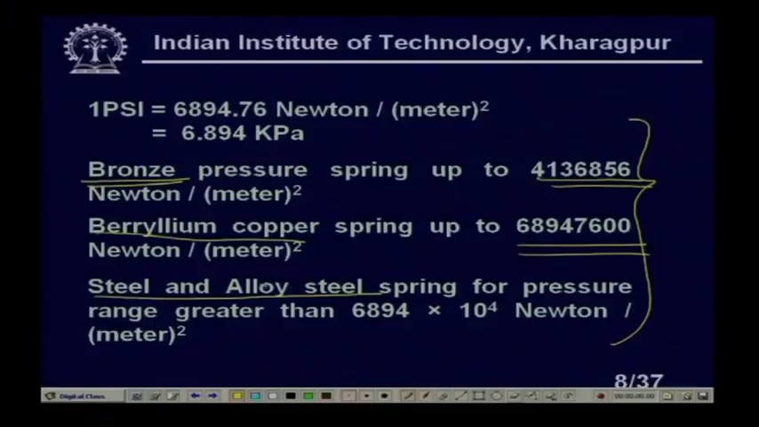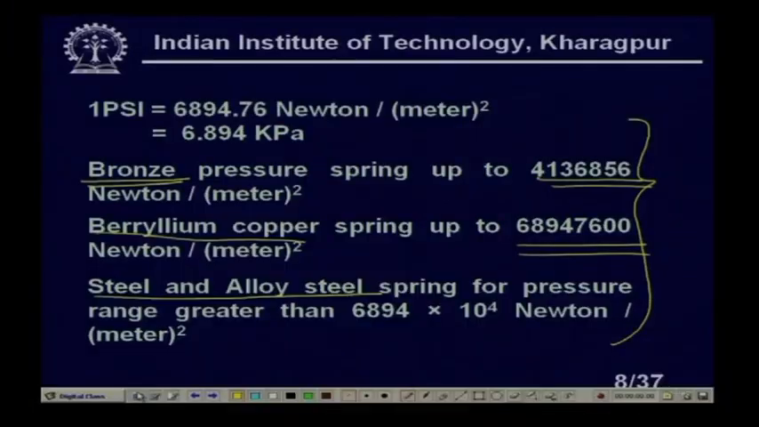So, in those situations we will use different types of C tube. But basically these are the three basic C type materials, and among them bronze is the most widely used pressure C tube material. Now, next let us go to the